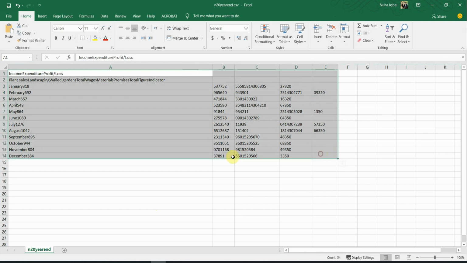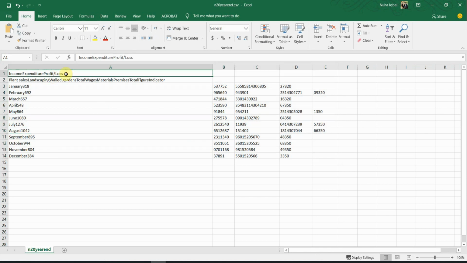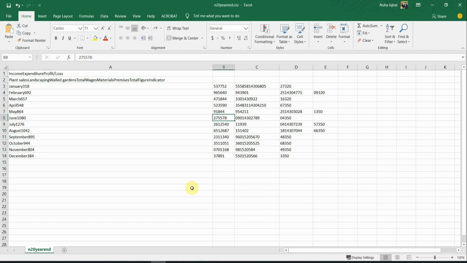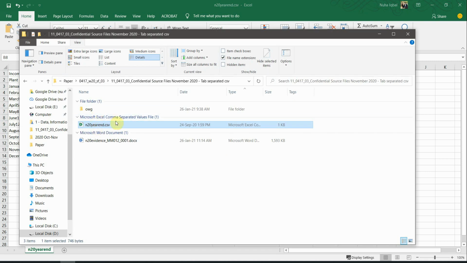That's happening because of the conversion between different zones using different decimal numbers or separators. So what happened here, this is supposed to be separated as a header in different columns. This as well is supposed to be in different columns, numbers also mixed up, and months also mixed up with numbers. So in this case, what we can do, okay, before that, let's have a look at the CSV file as